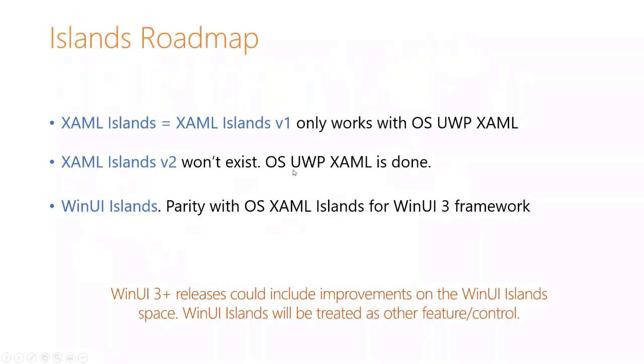We go directly to WinUI with Island if we are using existing controls in Win32. And WinUI will take all the work we did with XAML Island, and we will start to add new features, new functionality, and this for any kind of application running on the